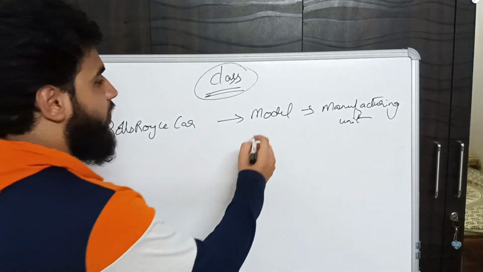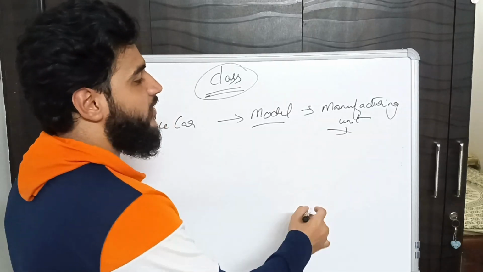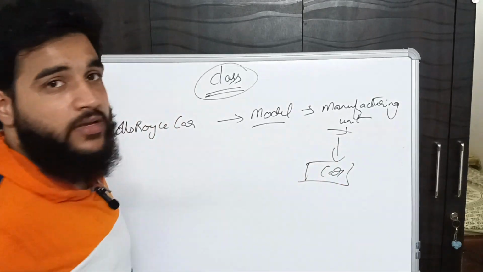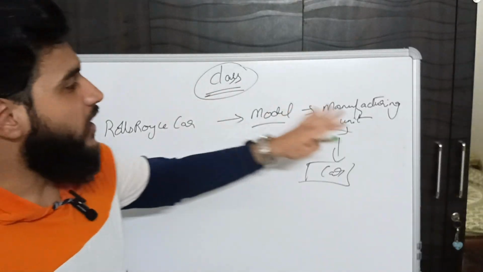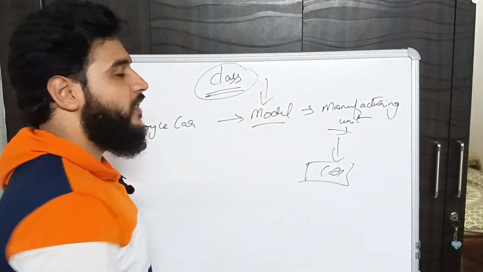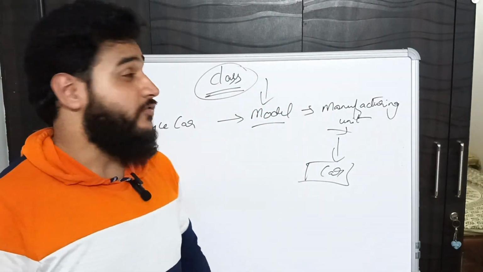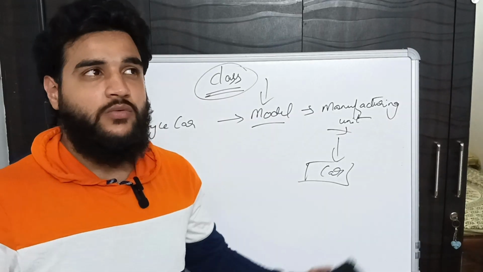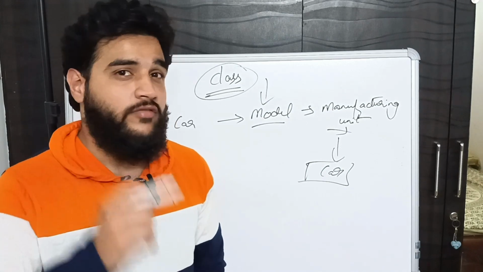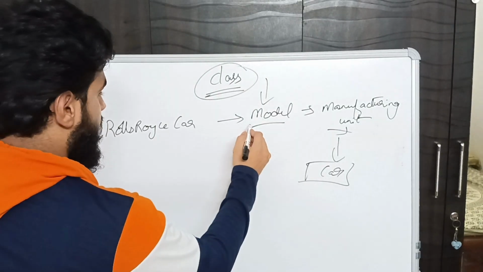So once you have the model, you can just simply give it to the manufacturing unit and they will create the car. The car will be ready. So the very important thing among all of these was what? The model. You had the model, the creation of the car was super easy. If you didn't have the model, the creation was, well, impossible. Why? Because you didn't know what to create. Then what will you create? That's the point. So this model, this blueprint,